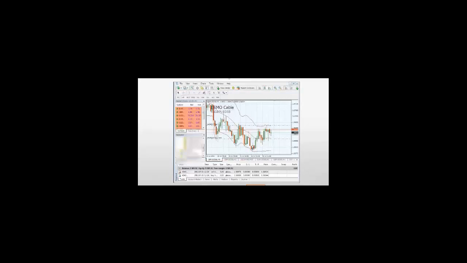Well, we actually want it to be around about the 1.5688 price, so let's put that in. So we just amend that price and hit place. So our buy limit order is successful,